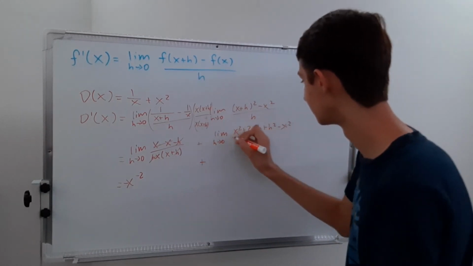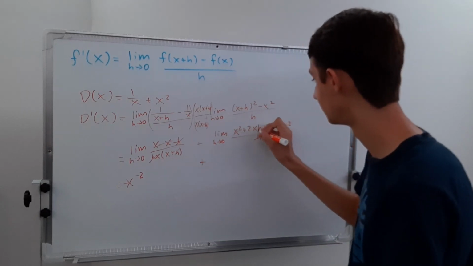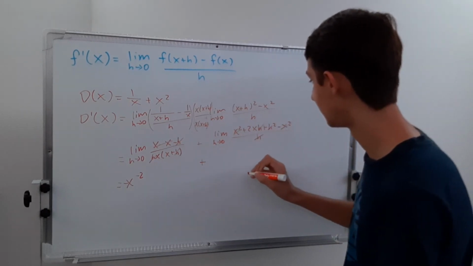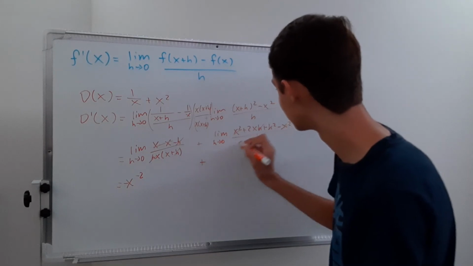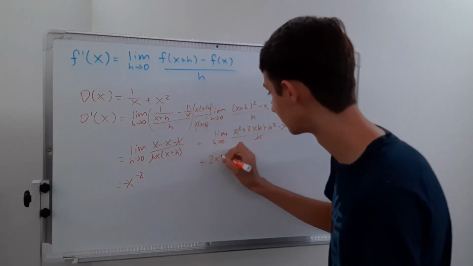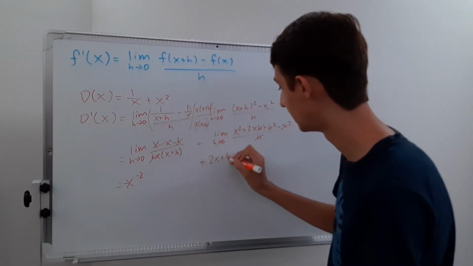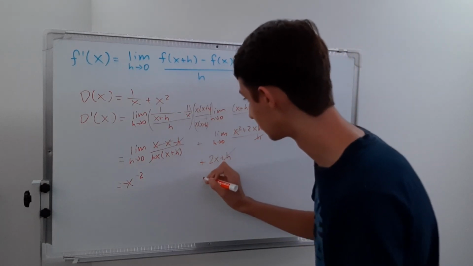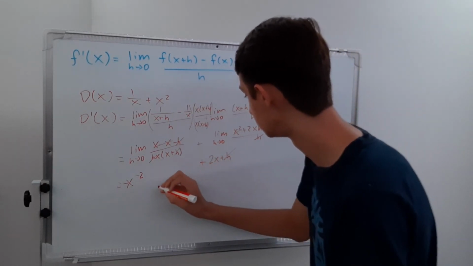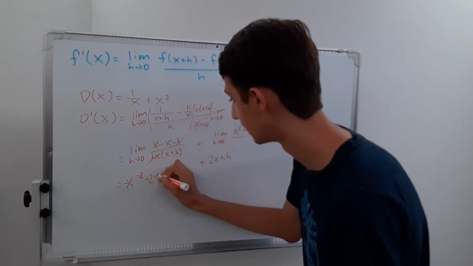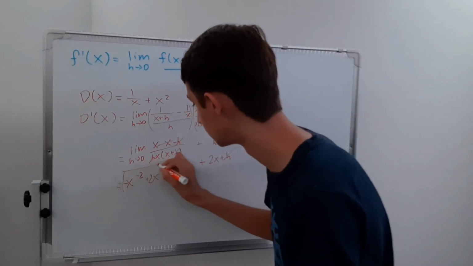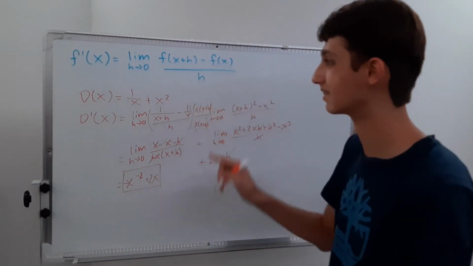These two cancel, again over h. These h's cancel, and we have 2x plus h. I already did that one, so that's why I'm going through it pretty quickly. This turns into 0, and we are left with a plus 2x. I'm just going to write that here, plus 2x. And this is the derivative of